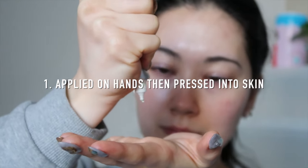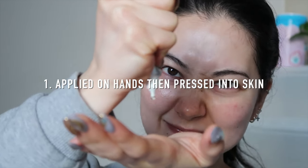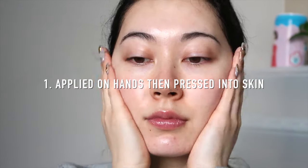So the third way I applied it was the way they actually recommended it. I applied 5 drops in the palm of my hand, rubbed it together, and then pressed it into my skin. I actually really liked this form of application and thought it was the easiest way, I guess. I am not the biggest fan of the texture, so I find it quite hard to work with sometimes, but if I rubbed it in my hands and warmed it up a little bit and then pressed it into my skin,